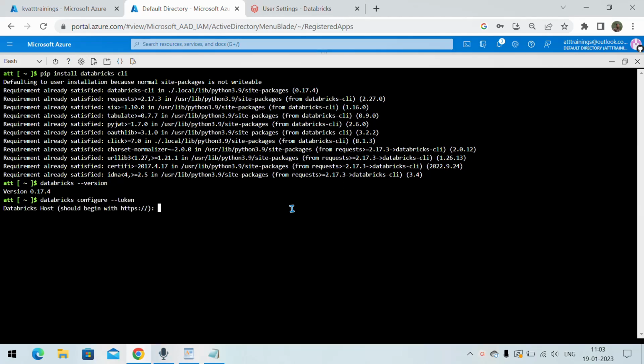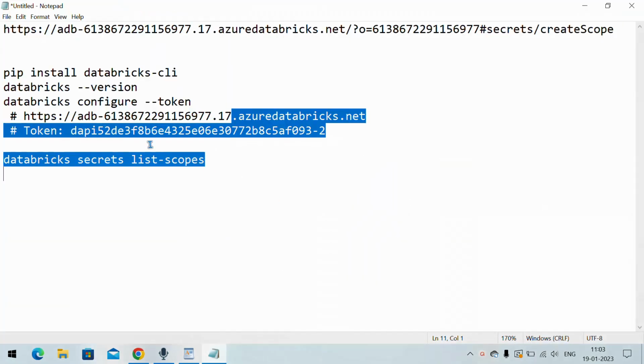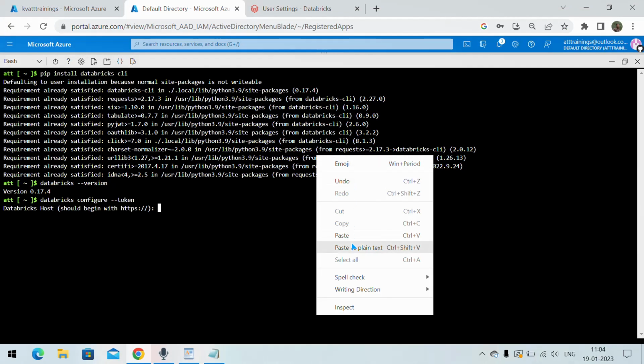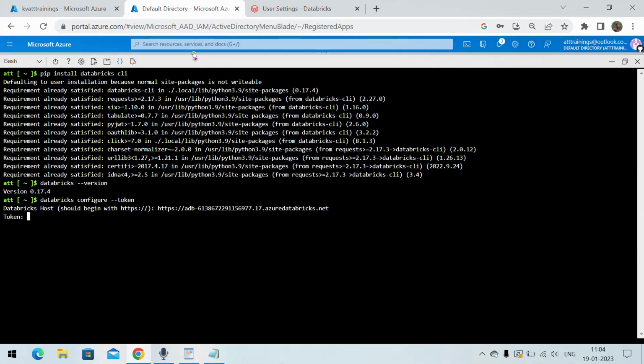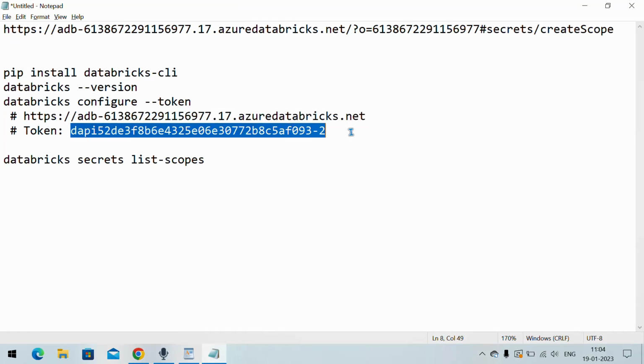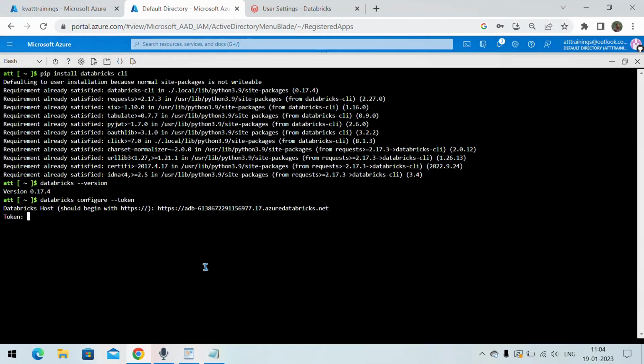It will ask for the URL of the Databricks workspace. Copy the URL, paste it, then it will ask for the token. Copy and paste the token.